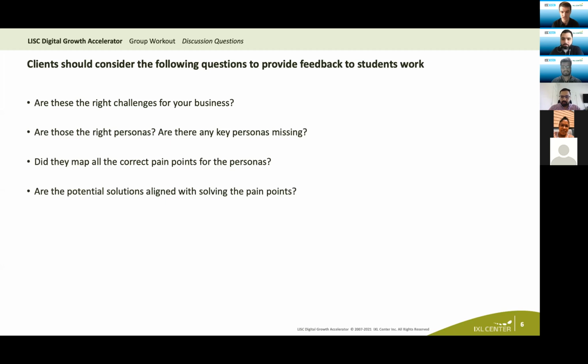So think of these questions as the teams are presenting. Jot down notes if you've got a notebook there, or type your questions and your comments in the chat. You will definitely have the opportunity to make those comments during the Q&A period. I see we've got a couple things going on in the chat, Rohan or Cami, do we have any questions that we need to immediately address before we break out?